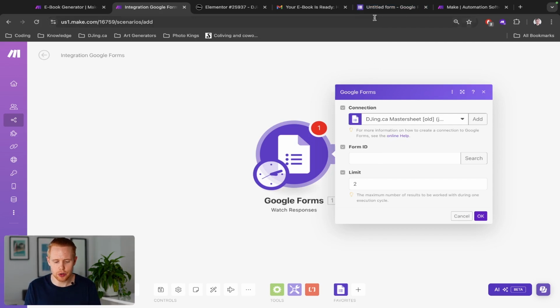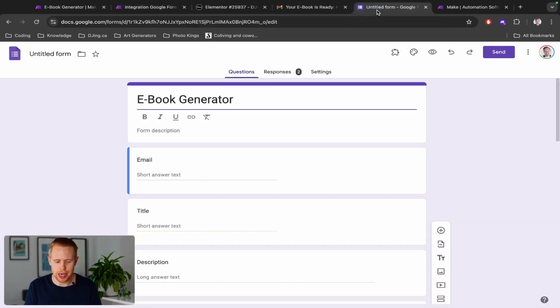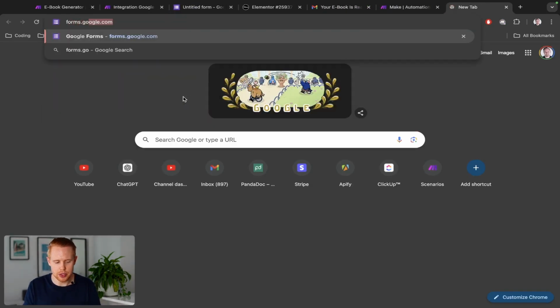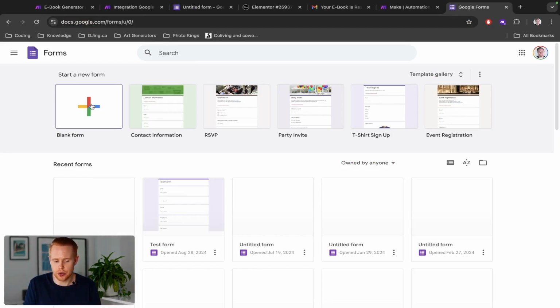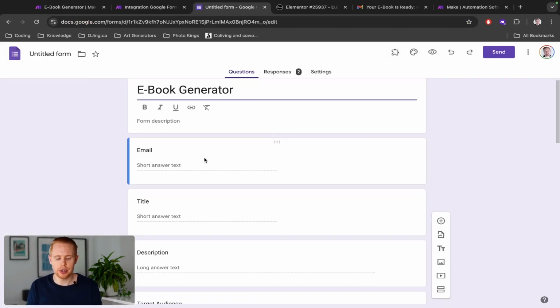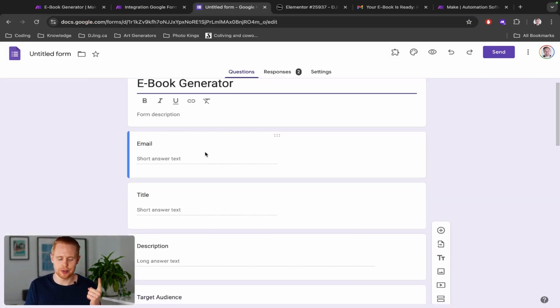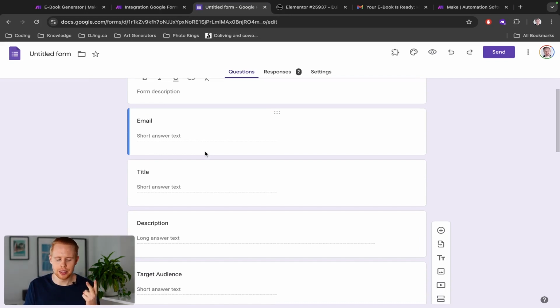So we have to go over to Google Forms and build out a form. If you haven't done so, or well, obviously you haven't, but I've gone ahead and done it. What you can do is just generate a form, and this is what it's going to look like. So in Google Forms, you'll pop into it, and then you'll hit the big plus button here, and then it'll create a new form. And the fields we're looking for is we want to have an email field, first of all. Then we want to have the title of the